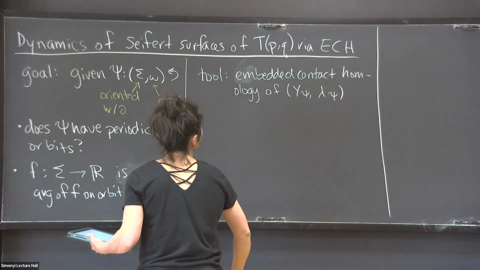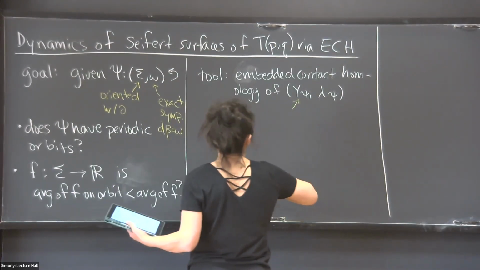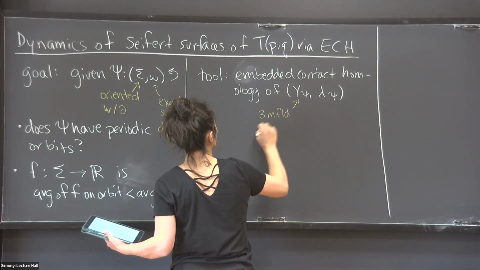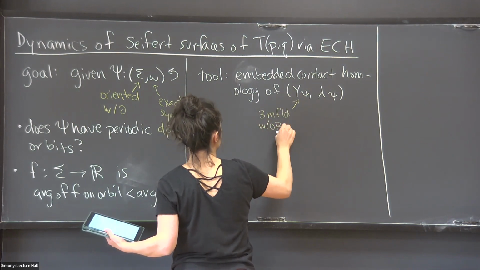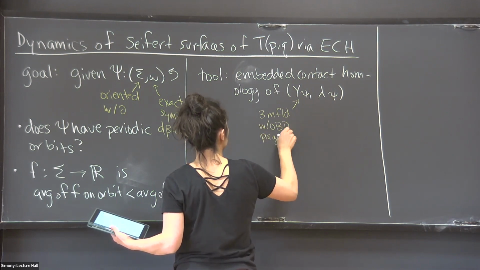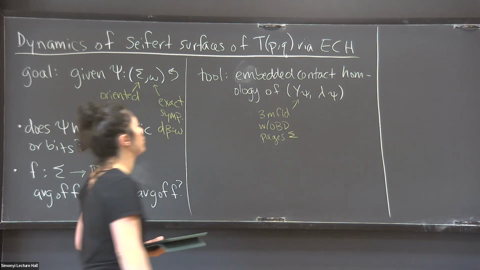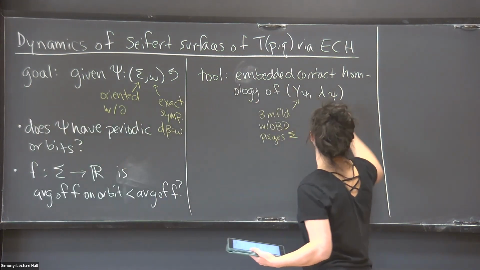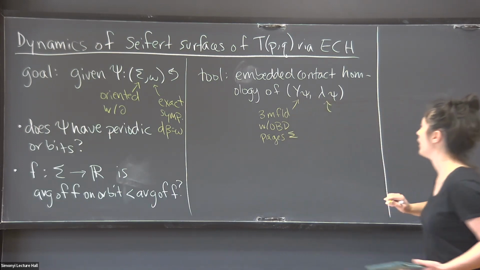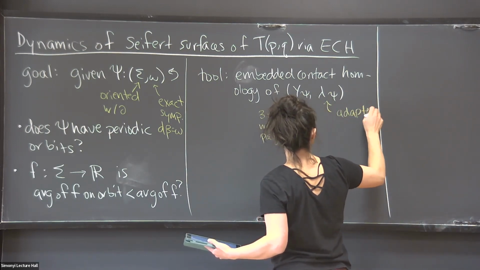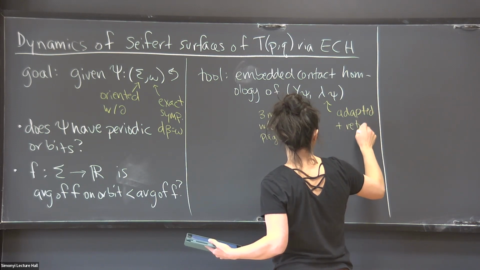So Y here is a closed oriented three-manifold with an open book decomposition with pages sigma, and I'm going to define those things quickly in a moment. And then lambda is a contact form on Y that's adapted to the open book and its return map